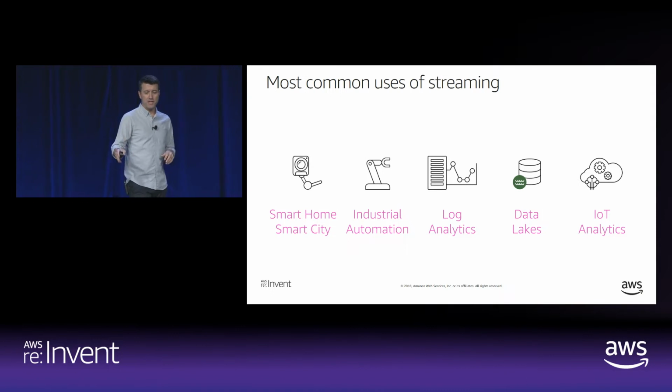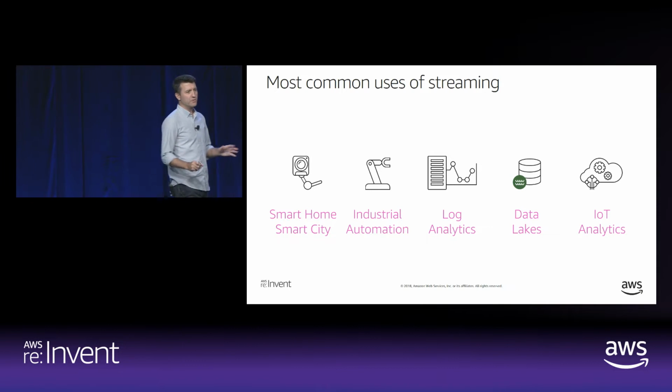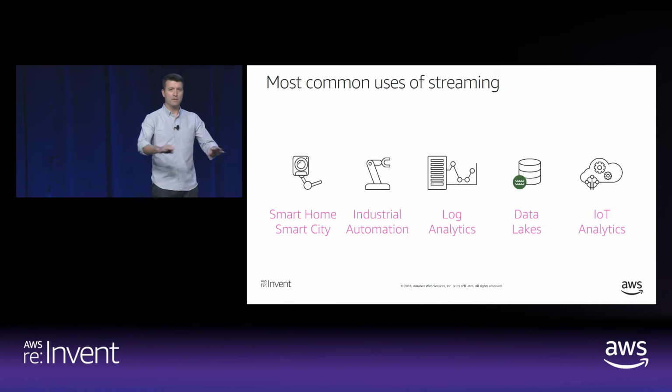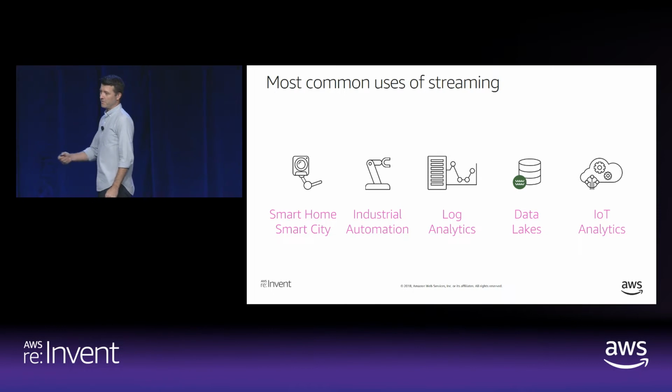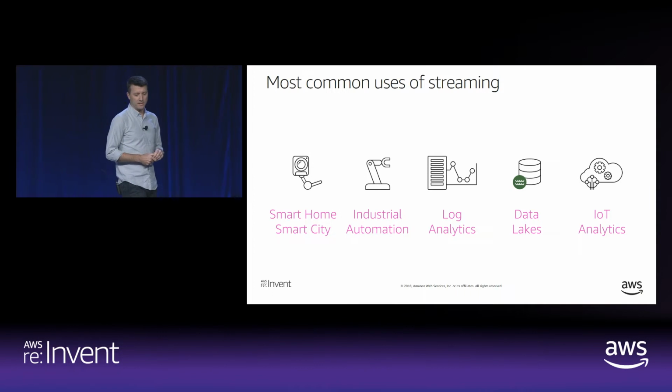And in the industrial automation space, we have plenty of customers in the factories who are using streaming data to get insights into what's happening across their operations in near real time. Imagine they want to know if one of their lines is down or is taking longer to process some product than it typically does. They want to know that right away. They have to go in and fix it. So that's a good example there.